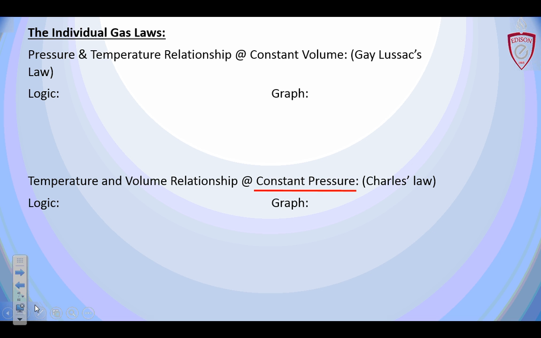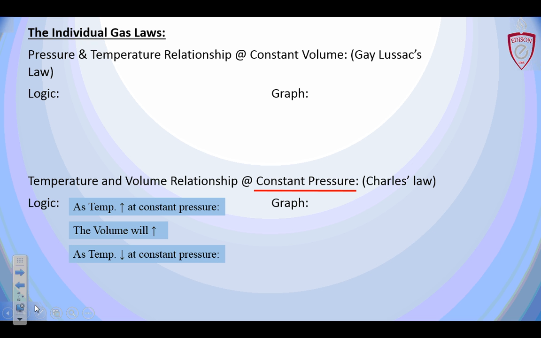All right, let's check out Charles' law, which is at constant pressure. So no longer constant volume, but constant pressure, which is harder to control, by the way. The relationship between temperature and volume: as temperature goes up at a constant pressure, the volume will also go up. So if I heat up a balloon that has air in it, it's probably going to expand. It would be odd if there was something you could ride around in that would use that. Oh, wait, a hot air balloon. Yeah, you heat up the air, the balloon inflates, and it carries you up in the basket into the sky. So as temperature decreases, the volume will decrease.